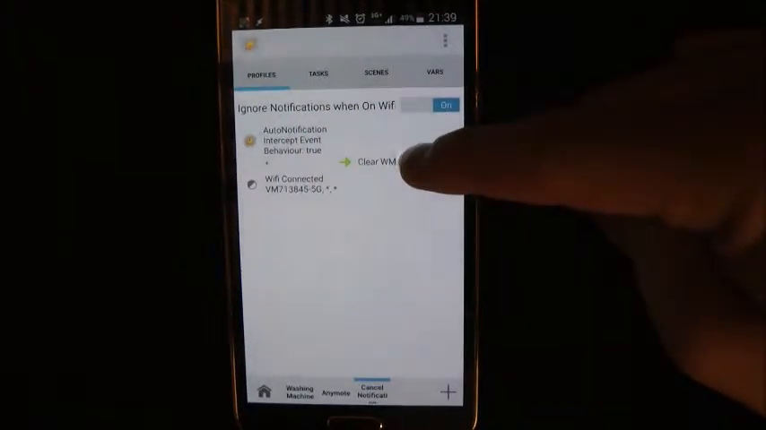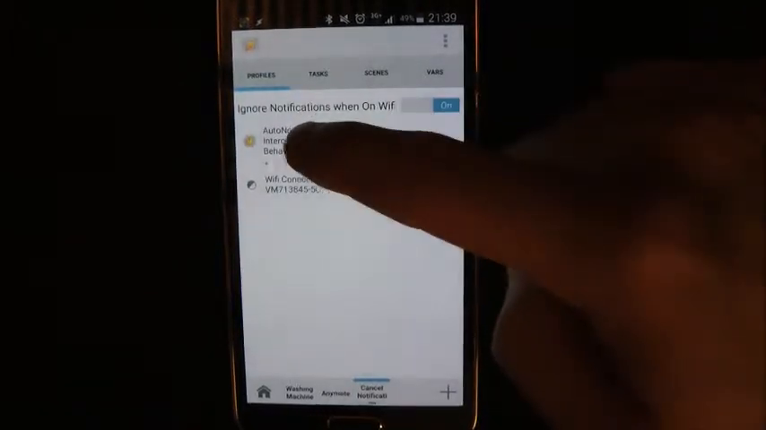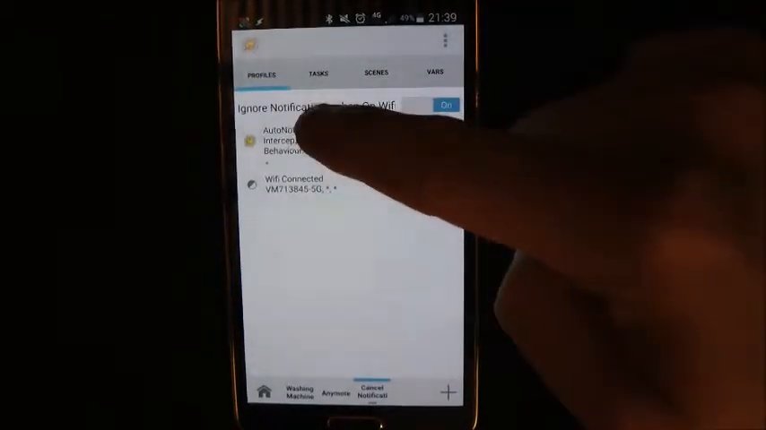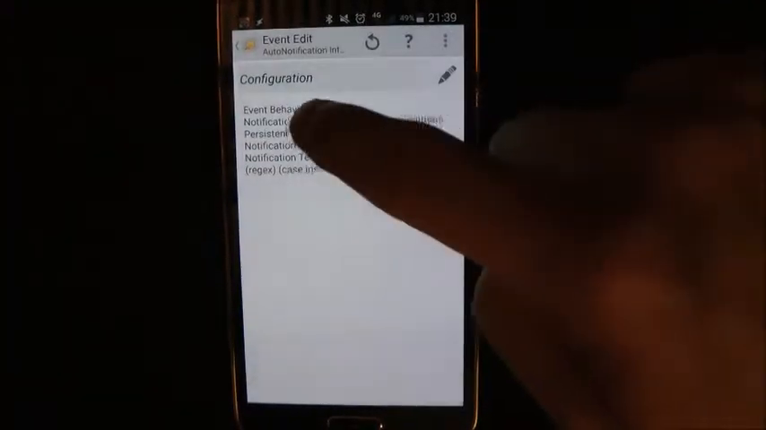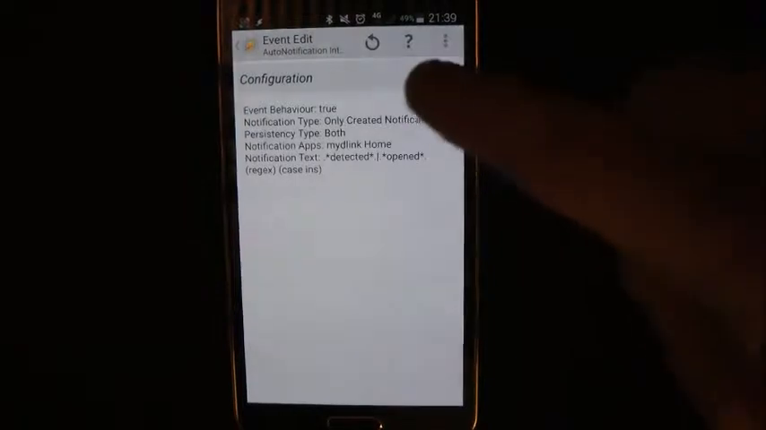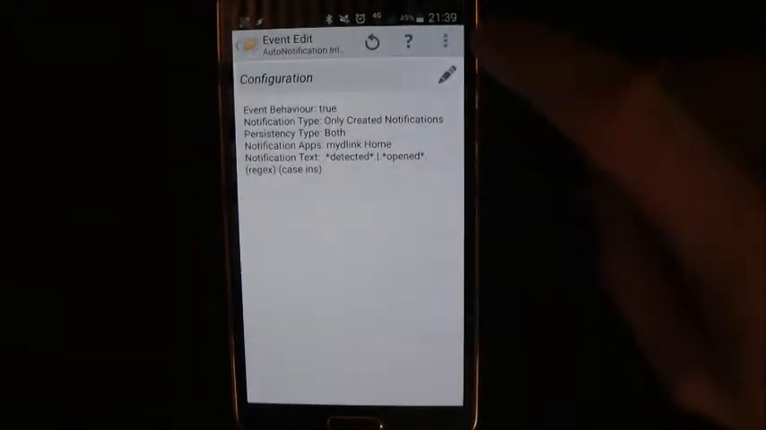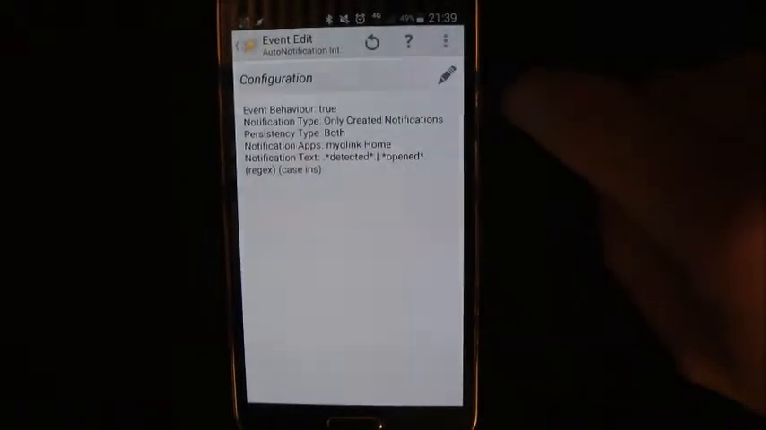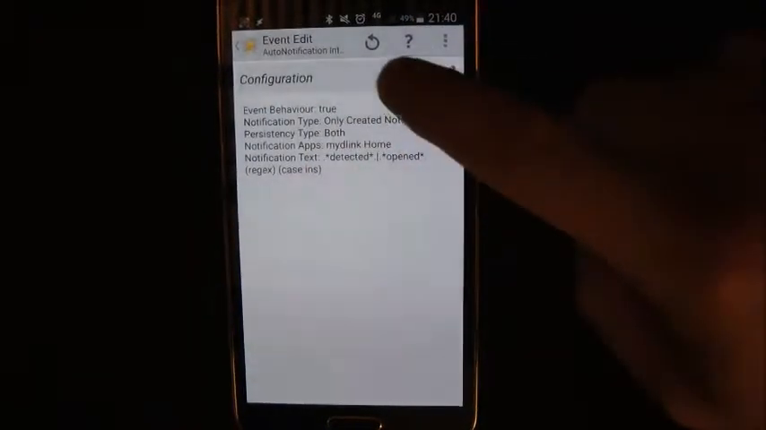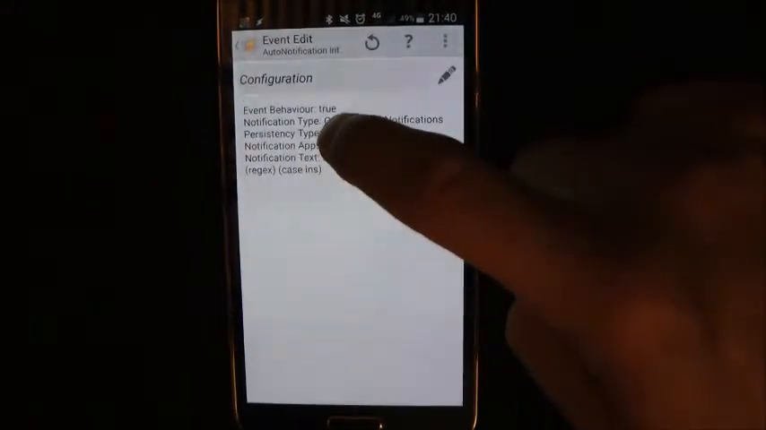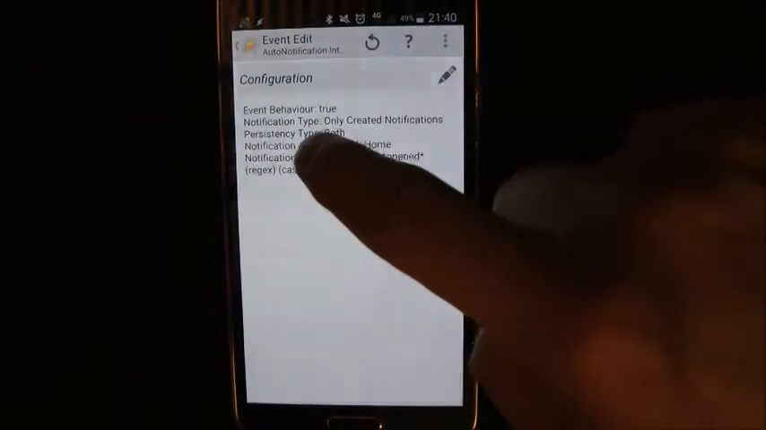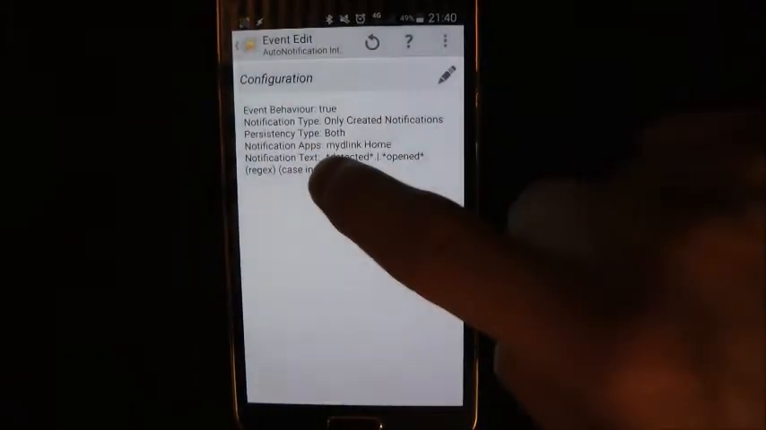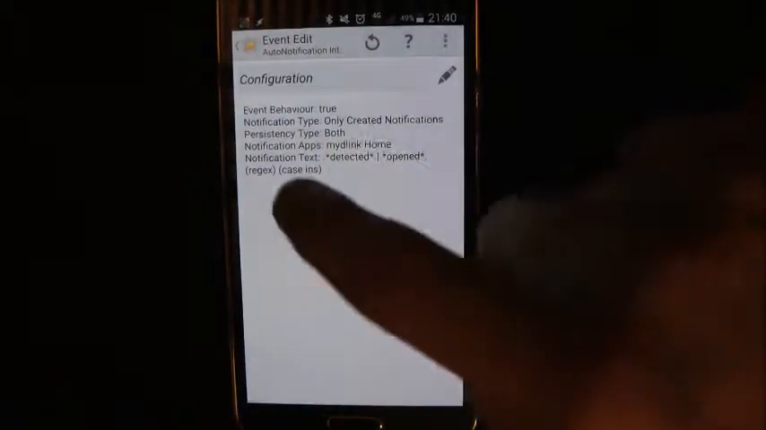will call this task. Now you can get notifications come through from all applications, so I've had to narrow it down, and these are the settings that I've used here. It's quite extensive, the number of options that you can choose and set up. It takes a bit of fettling, but what I've done here is I'm looking at notifications from my D-Link home, and within the text on the notification I've used a regex, I can't pronounce it,